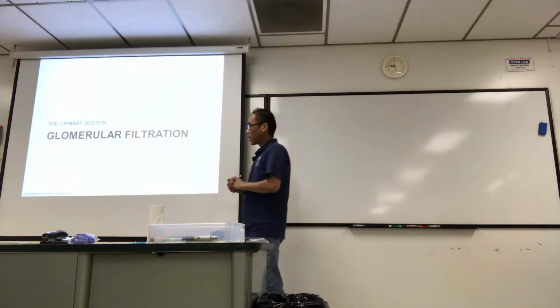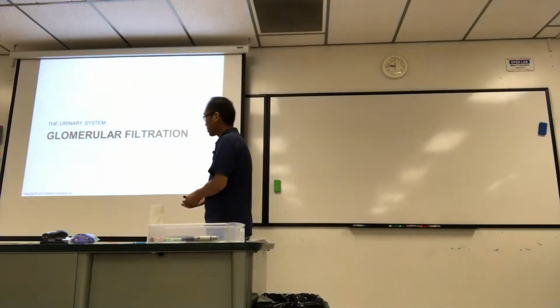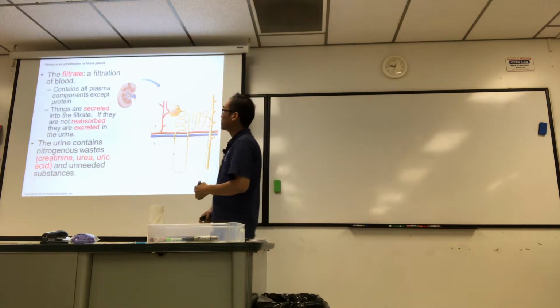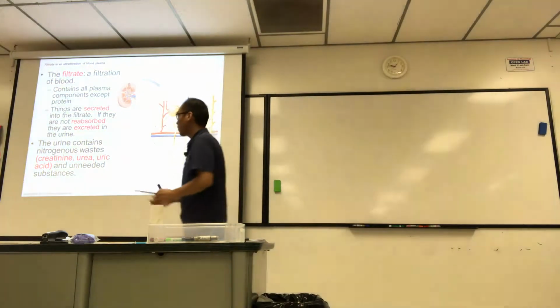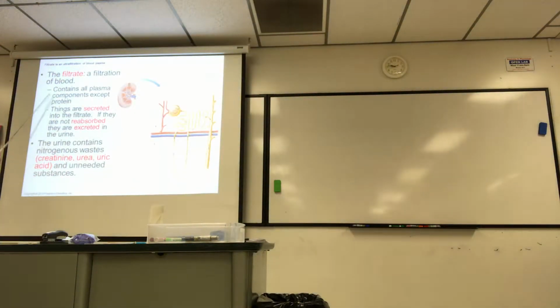Continue on with glomerular filtration. So I got a picture here and some points. Let me read from my slide. I say that filtrate is a filtration of the blood. It contains all the plasma components except protein. So the larger proteins cannot be filtered. Things are secreted into the filtrate, and if they're not reabsorbed, they are excreted in the urine. So the urine will contain all the nitrogenous waste products your body doesn't need, like creatinine, urea, uric acid, and